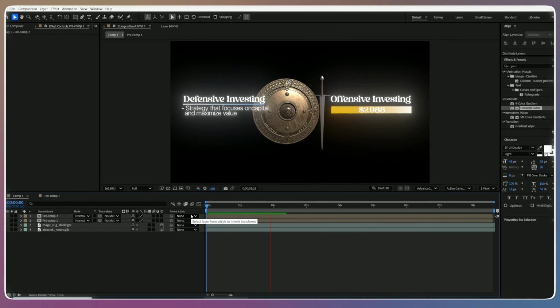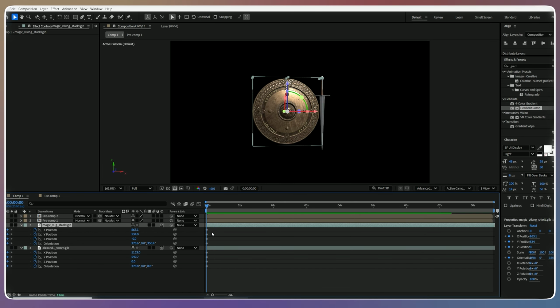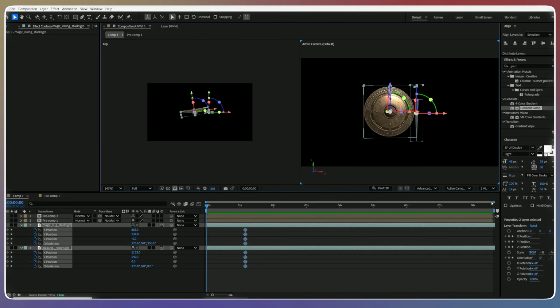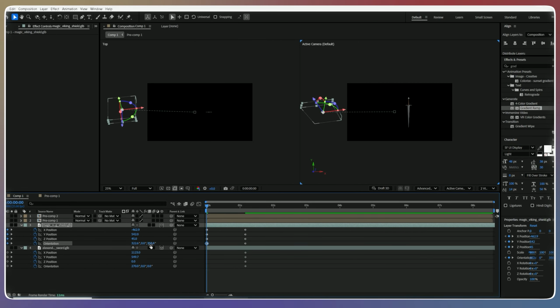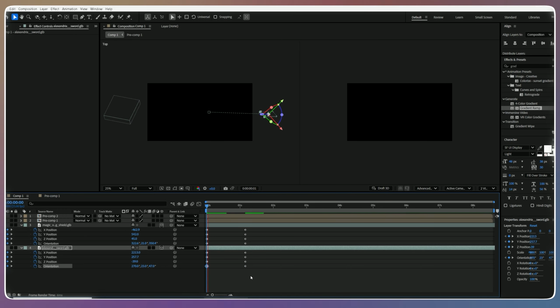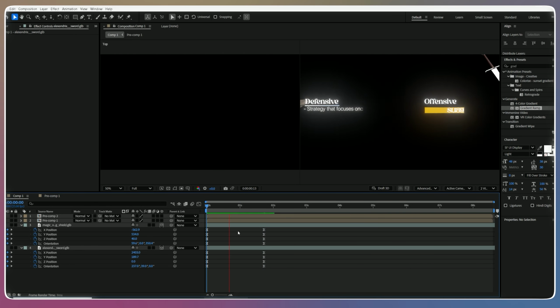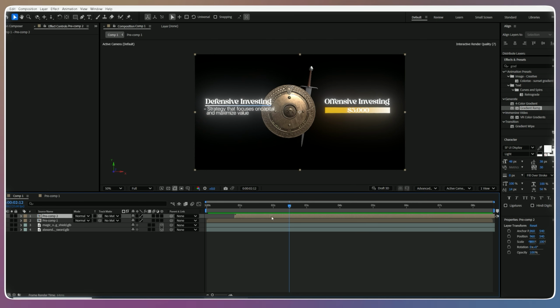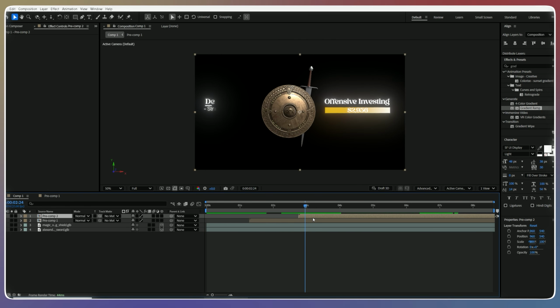It's time to animate the 3D elements. Select both layers, press P for position, then right click position and separate dimensions. Then select the 2 view option and adjust the 3D icon animations, moving them from outside to inside the screen. Because we have already keyframed the end positions, now play with 3D layers and get your desired animation ending in the center of video, giving it a cool look.